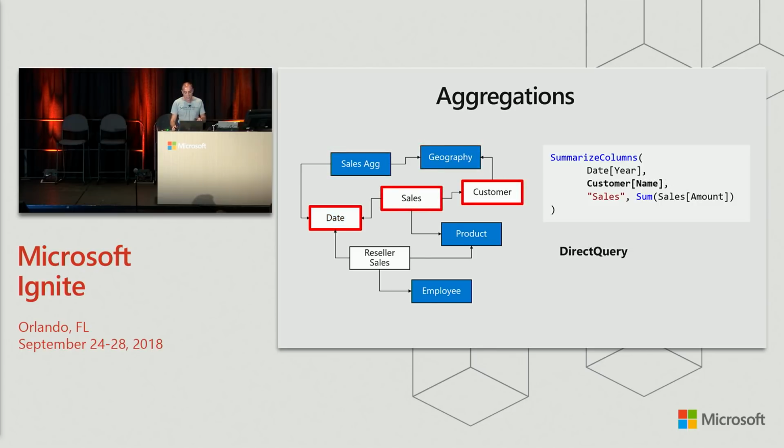This is completely abstracted to the user. The user knows nothing about the sales ag table. The sales ag table is hidden from the user. The user just says, I want sum of sales, but then they try and break it out by customer name, and now internally the engine's going to say, oh,